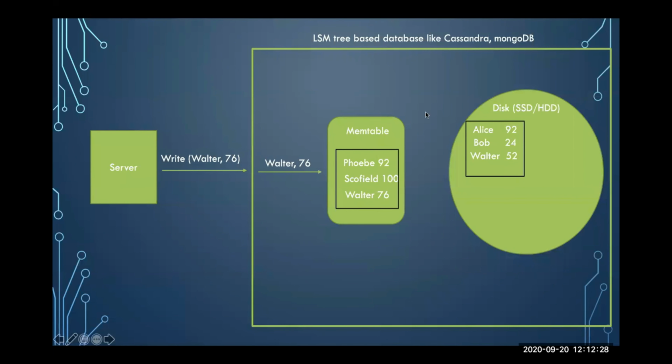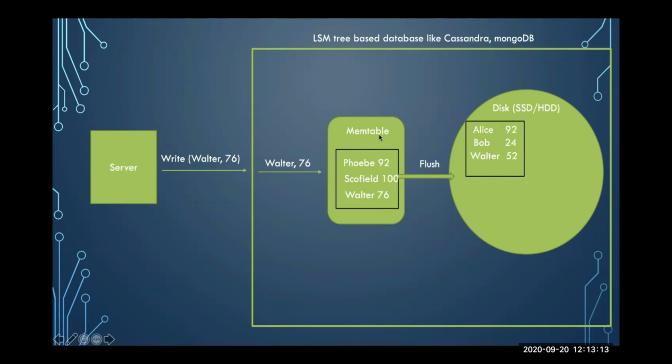If you observe, we already got another write for Walter earlier and its value was 52, but now it's getting updated to 76. Even though it's getting updated with a newer value, we will not replace the earlier written SS table with this new value, but instead will append this value again to the mem table and it will be flushed as another SS table. So this is what we mean by saying that an SS table is immutable. Once you write some value to an SS table, it cannot be changed and it's persisted forever.